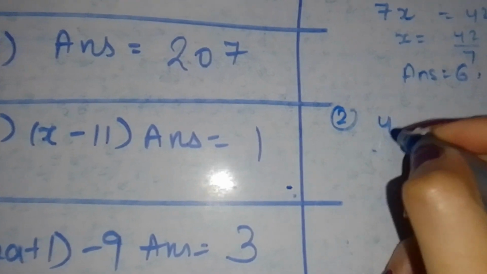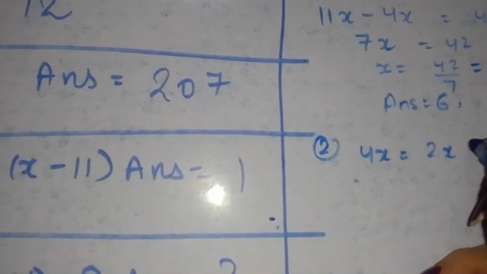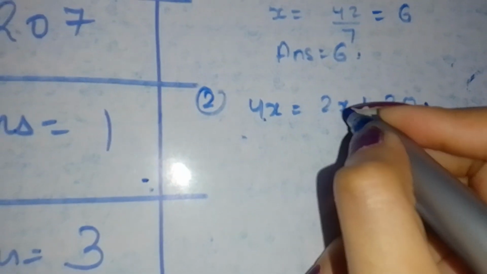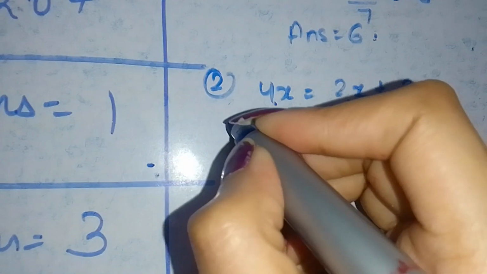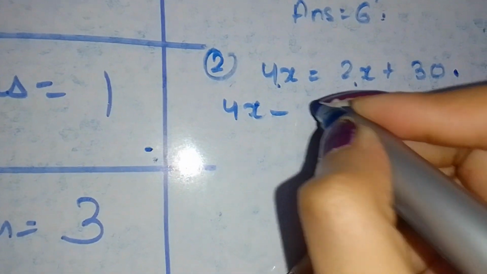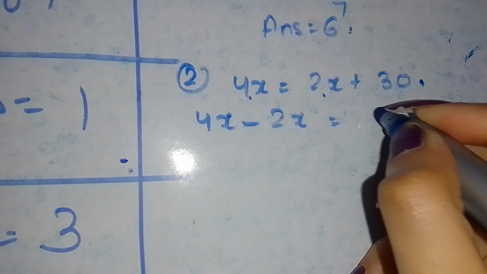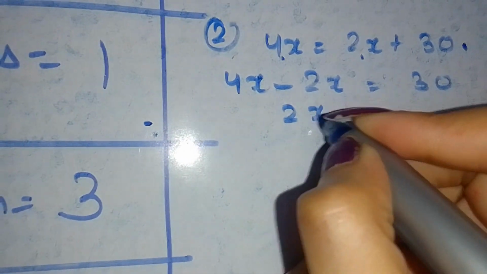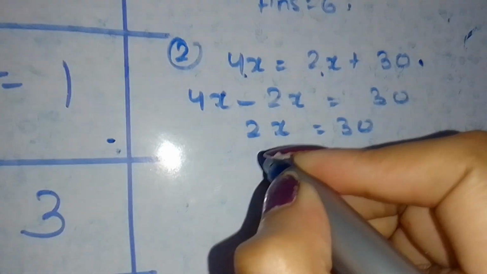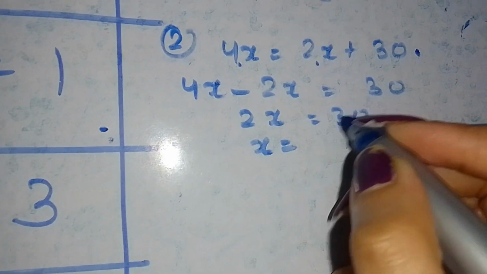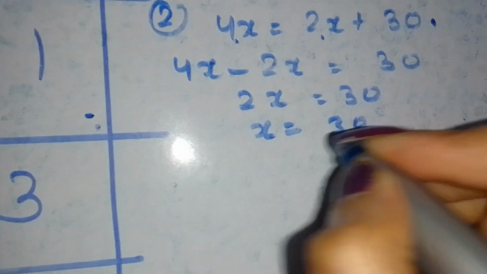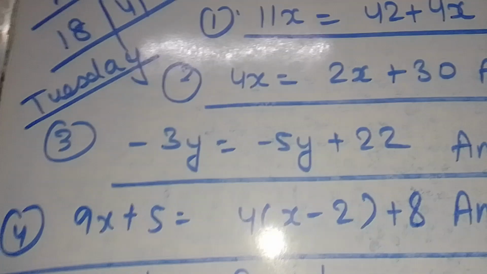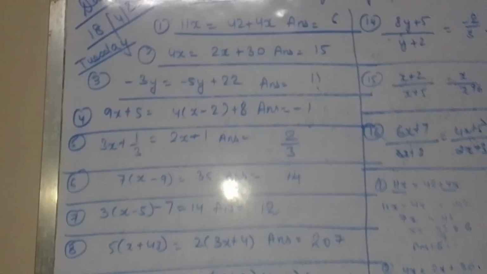Our second one is 4x is equal to 2x plus 30. Again we will choose the like terms. It is 2x. When it comes to the RHS side, it is positive, it will become negative, right? Is equal to 30. When we subtract 2x from 4x, then we will get 2x is equal to 30. Again x is in multiply. When it comes here, it will become divide. 30 divided by 2, it will be 15, your answer. And this is only our required answer.